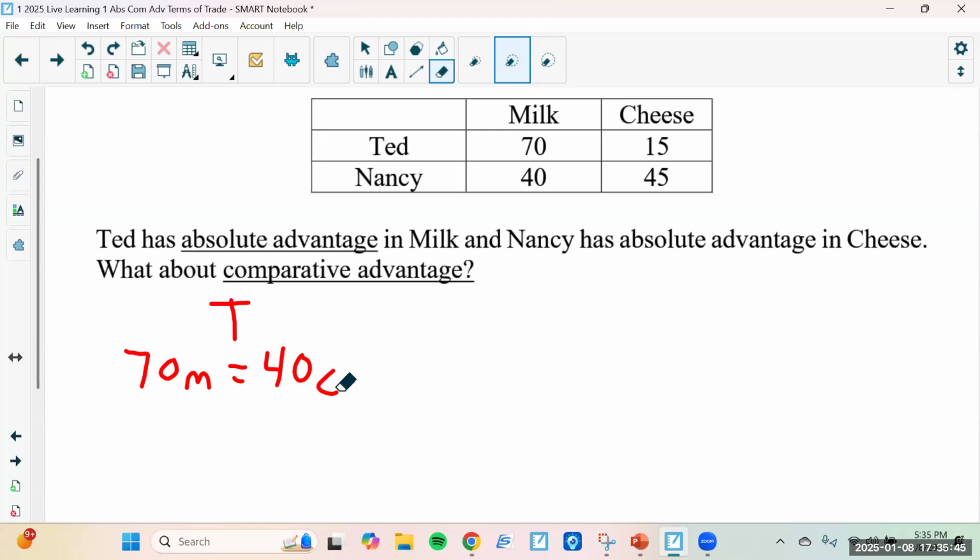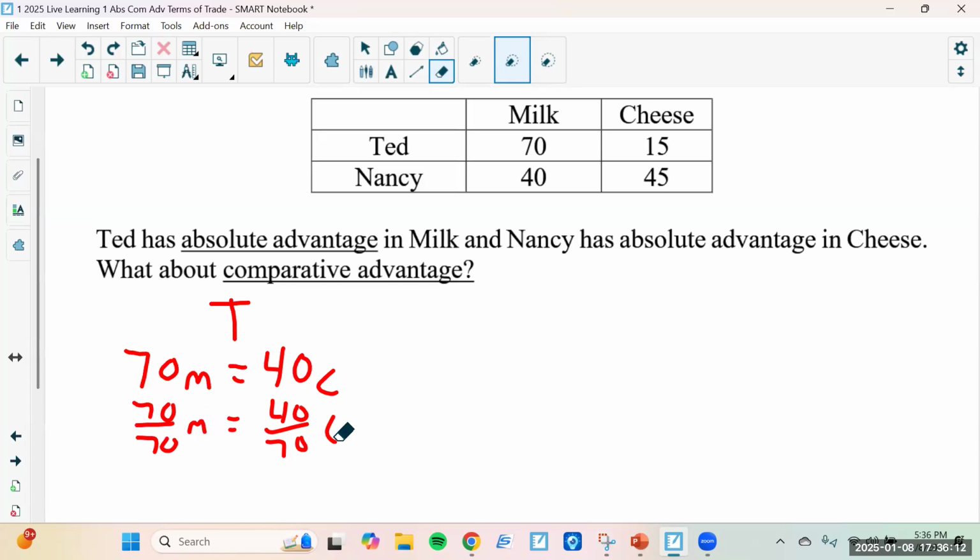So how do we get rid of that 70, if this is an algebra problem? We divide each side by 70. So this becomes 70 over 70 milk is equal to 40 over 70 cheese. Because if you divide the left side by 70, you have to divide the right by 70, because that's what they tell you in your math class, right? So what this is, is that for every,